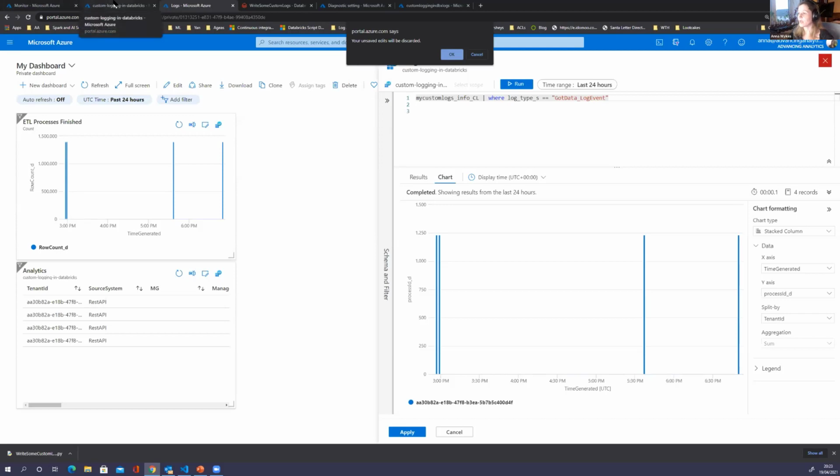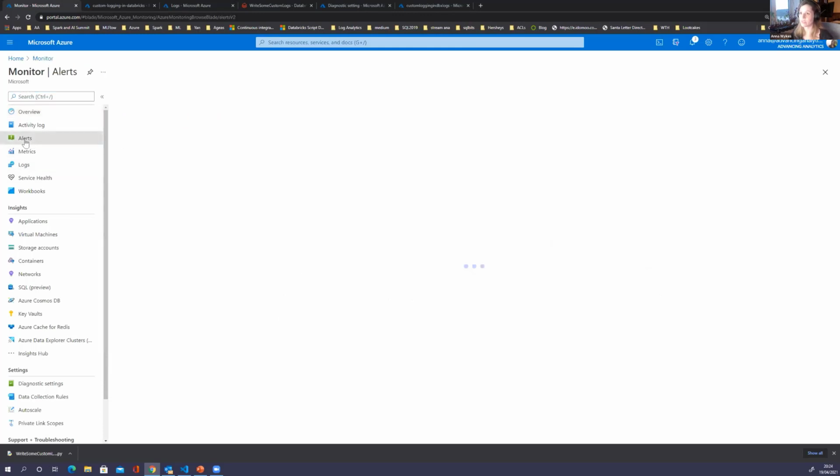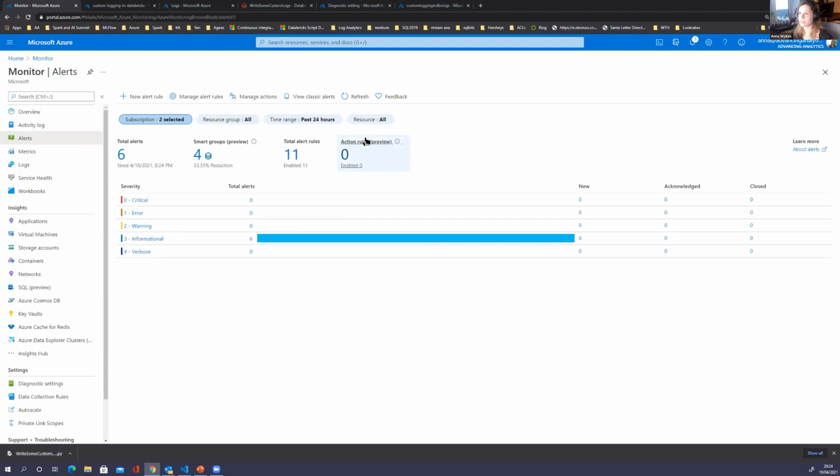What do we want to do if we now want to alert? So going into Azure Monitor, this is that suite of tools we were talking about that we can use to work with our logs and our metrics. I've just gone into the Azure portal and opened up Azure Monitor, and in here you can see you've got this Logs button, and that will literally take you to what we were just looking at. That will take you to Log Analytics. What we're interested in is how we can set up alerts. So if we go into alerts here,